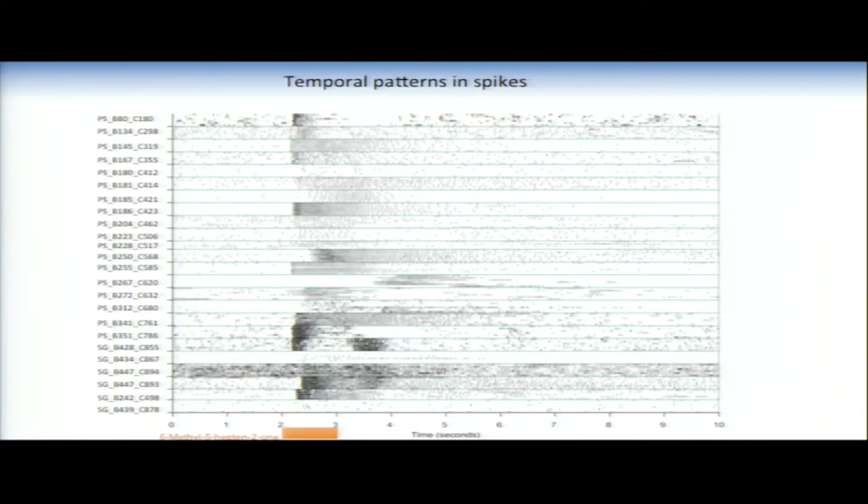So there is a temporal patterning to the responses, and this temporal patterning seems to carry information because it is reproducible or repeatable across trials. So now we are looking more at the temporal patterning and see if the patterning combined with the identity of the neuron carries information about the attractiveness or aversiveness.